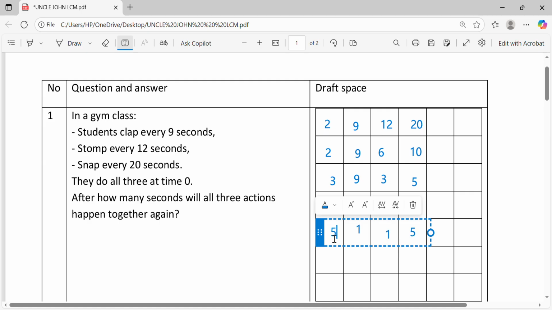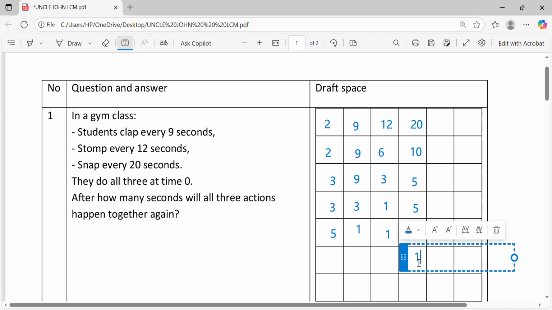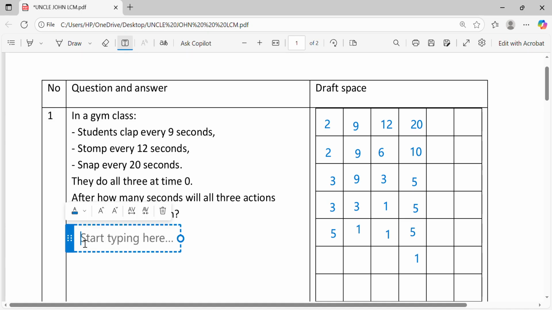Otherwise, you put 5 here. Here the remainder is again 1. You can copy these ones here down or you leave them. So you come this side and say that the